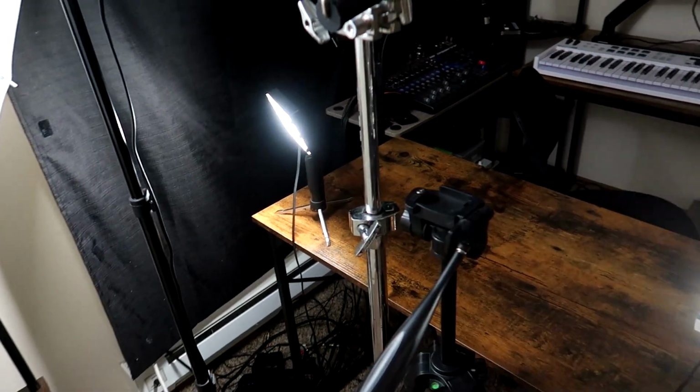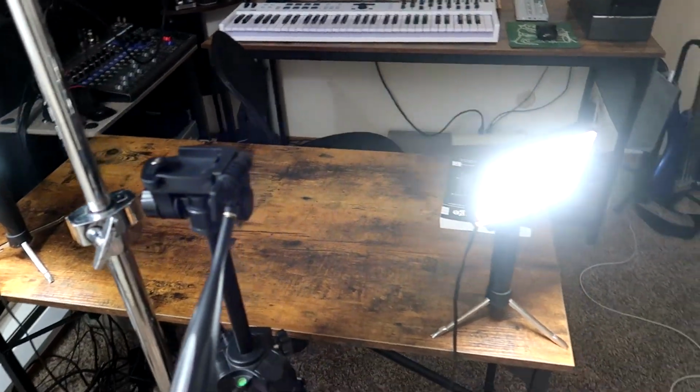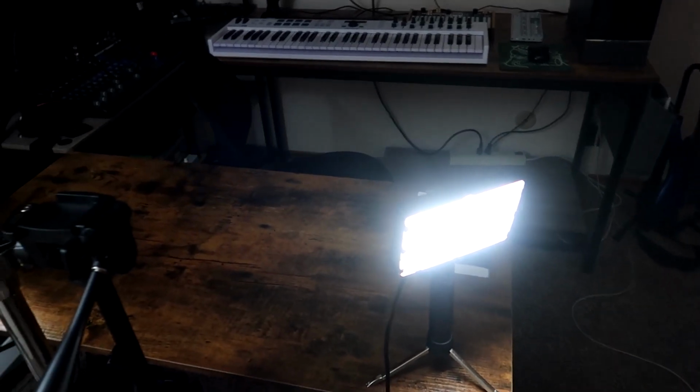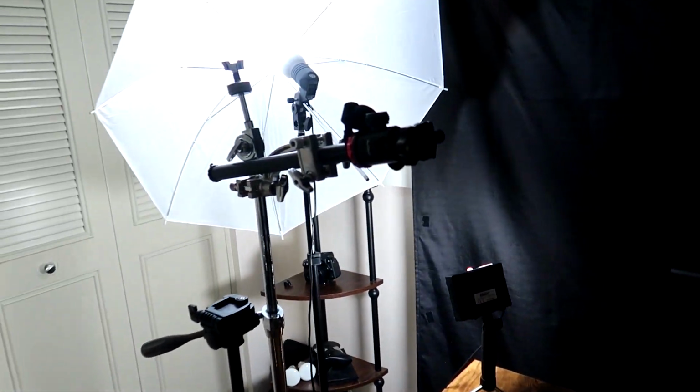Whereas these two lights here, the only reason I'm still using them is, well, A, I don't know any better, but B, these were the only lights I was able to kind of fit into the old setup because it was just a wall right here on the back of the desk. So the two lights would hit the white wall and throw the light back on. Obviously, that's not as effective in here because there's all this space behind the lights,